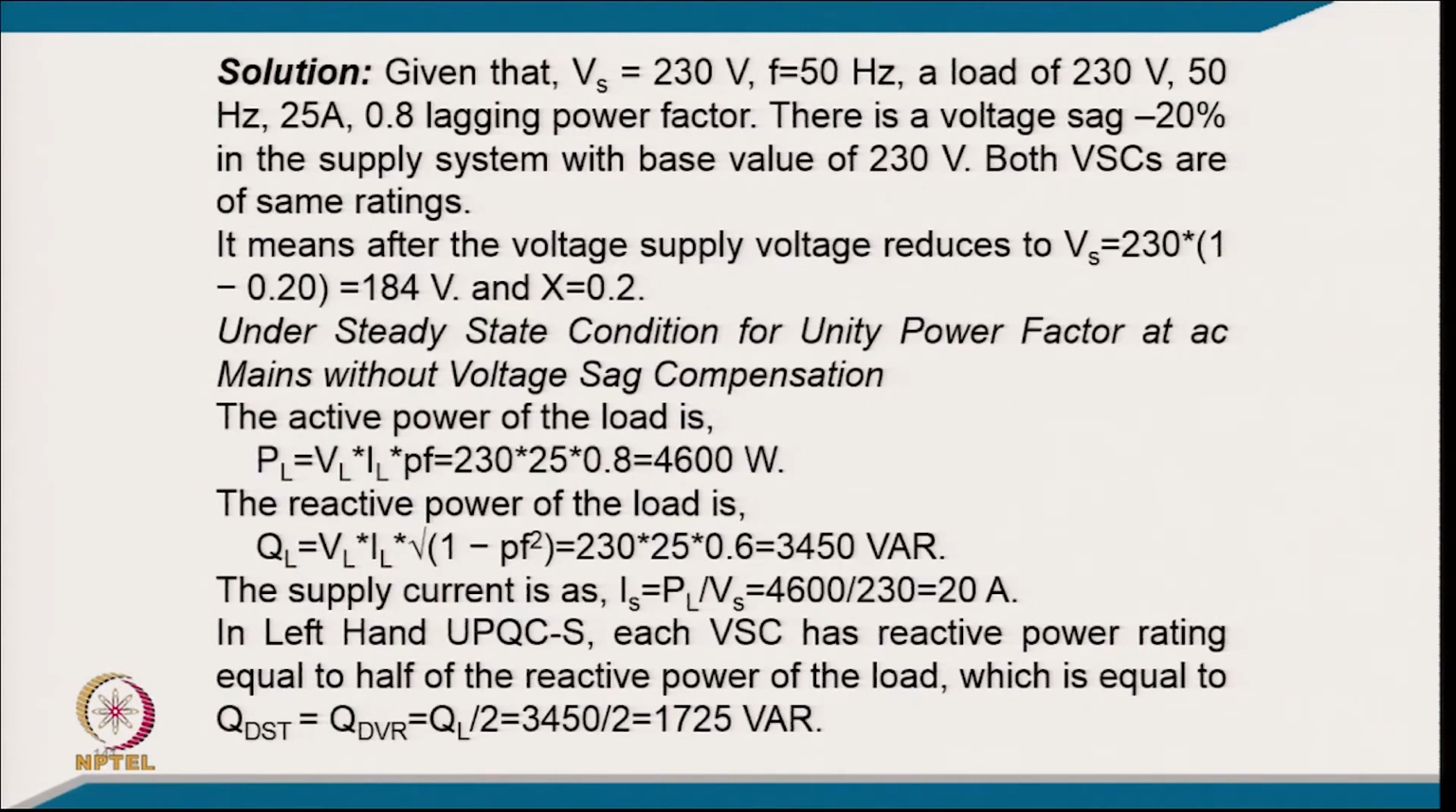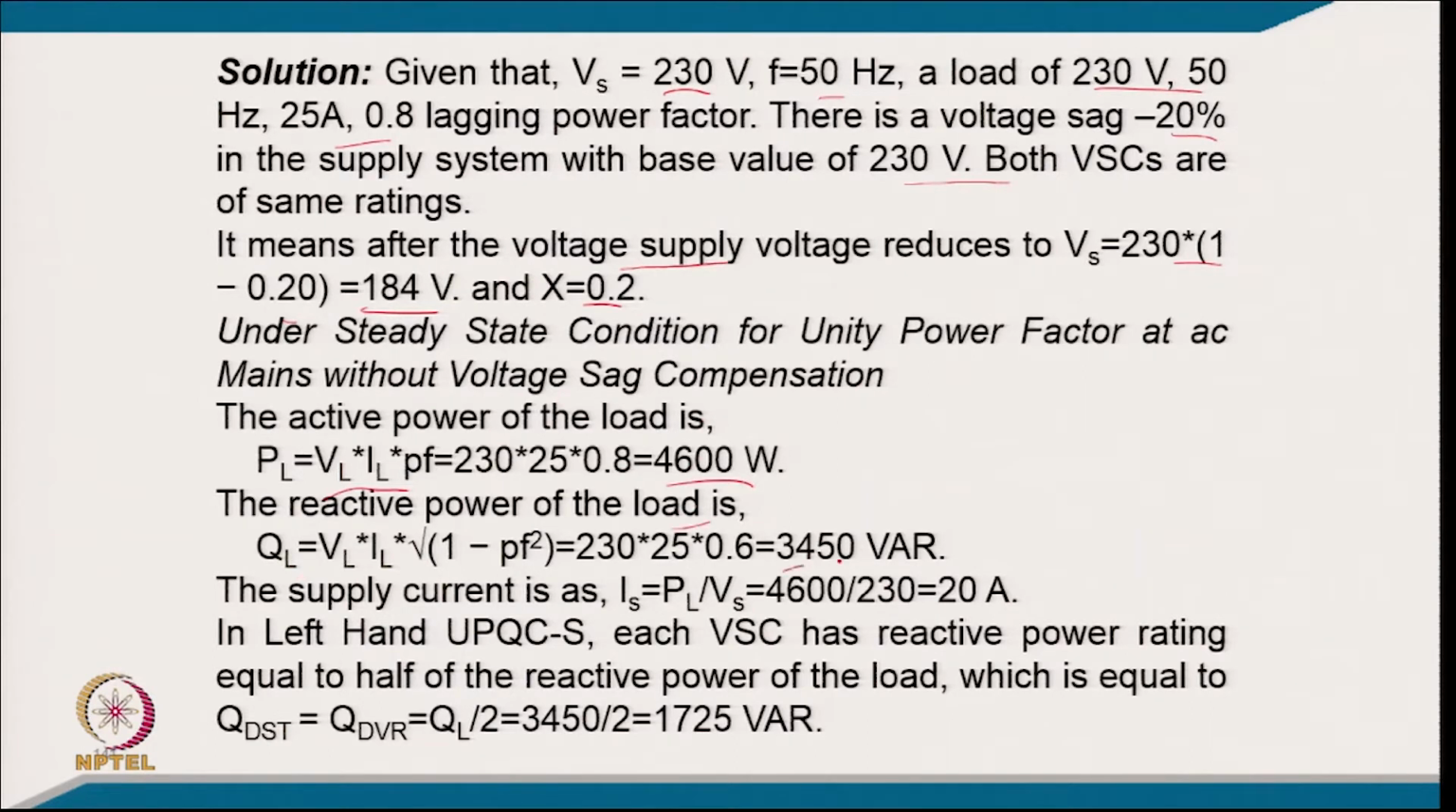So, coming to the numerical portion, given the supply voltage of 230 volt 50 Hz, load of 230 volt 50 Hz, 25 ampere, 0.8 lagging power factor, there is a voltage sag of 20% in the supply system with the base voltage of 230 volt. Both VSC have the same rating. So, it means that the supply voltage reduces to 184 with the sag of 20%, and X is 0.2, that is the level of sag compensation. Under steady state condition for unity power factor, that is without voltage sag compensation, the active power is VL IL, which comes to 4600 watt,